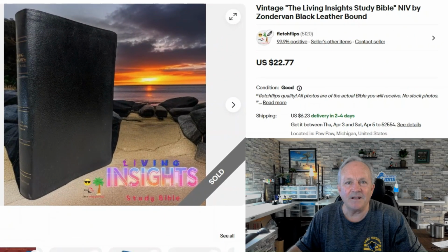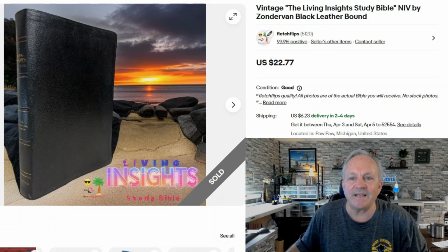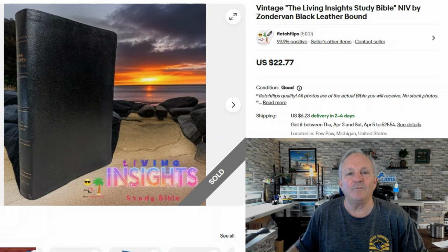And yet another sale on the weekend. Sold this Living Insight Study Bible from Zondervan. And it was in very, very nice shape. Leather bound cover. We bought this at a thrift store for $2.23 with the tax. It sold in only 3 days, and we got $22.77 for it, plus the shipping. That gave us a net profit of $14.18, which is a 636% return. Now hang in here. We're going to get to that geeky